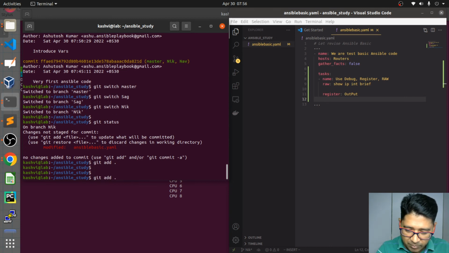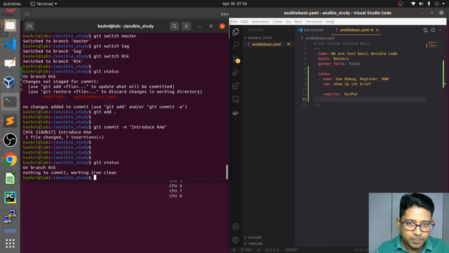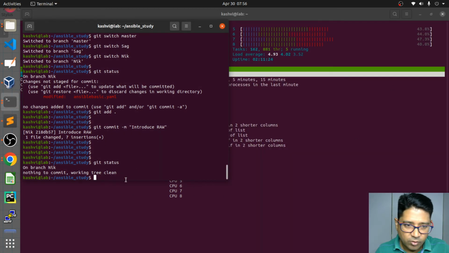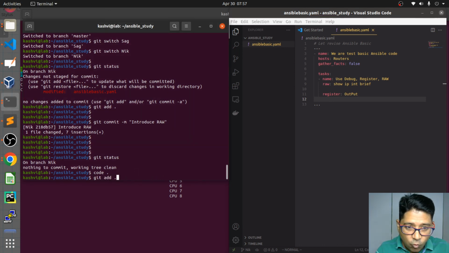I'm using this because my usage already commit, and that's you do that. Introduce raw module any connection type, and once you have done this commit, now you can check the git status. You have to refresh that, and I'm going to refresh this. I will come back, or you can close this and this code file supposed to be, yes, tagged, removed. So we have Nick's this, and now let's check what about